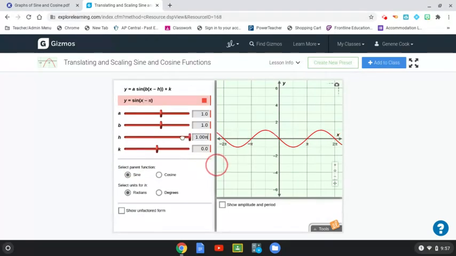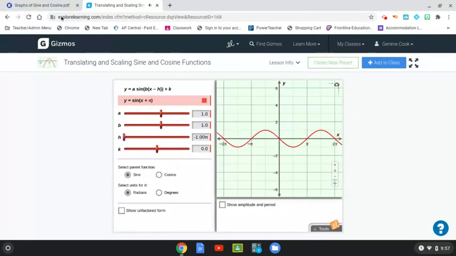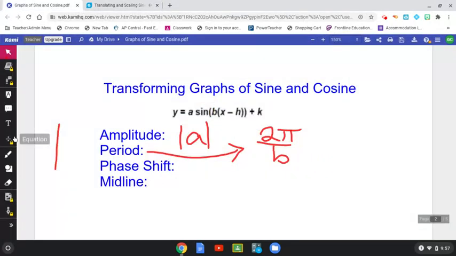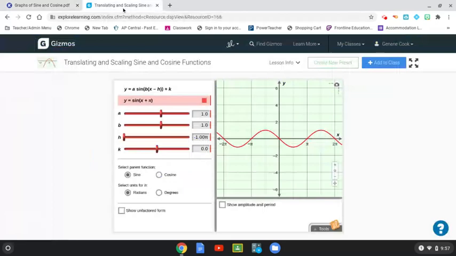So if we move h, hopefully this isn't working the best that I wanted it to, but basically it is going to shift the graph left or right. Let me see if I can figure out what's happening here. Let me go back to select. Okay, I think maybe you can kind of see it moving left or right, hopefully. But anyway,